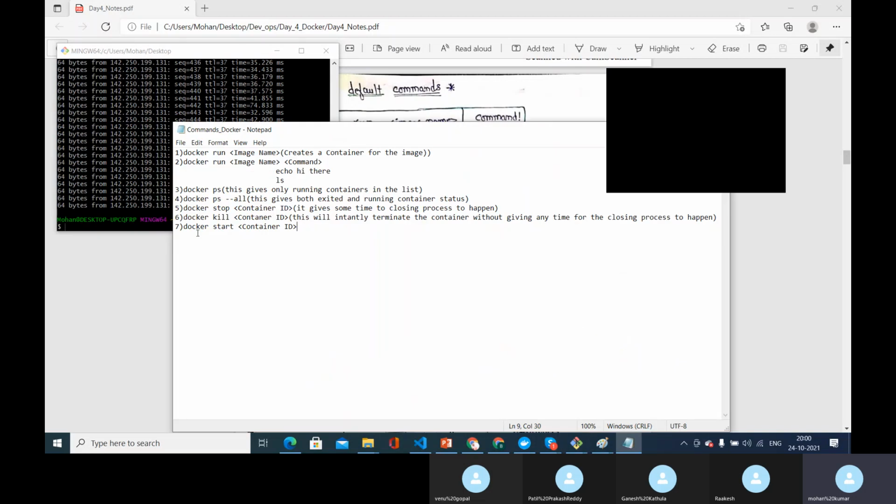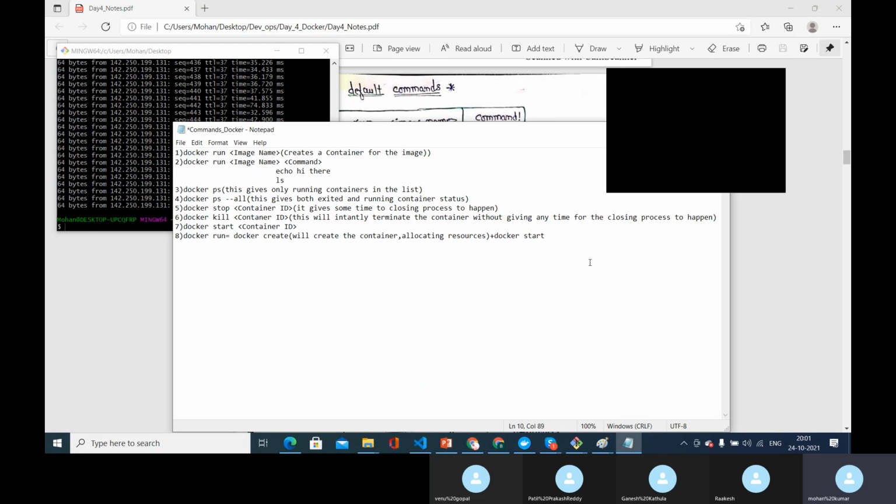Okay, so now let's understand a different thing. We know what Docker run is. Docker run is a combination of two things. One is docker create, which creates a container, meaning allocating the resources happens with this command. And the other is docker start. Docker create will create the resources, will create the container, allocating resources and all of that.